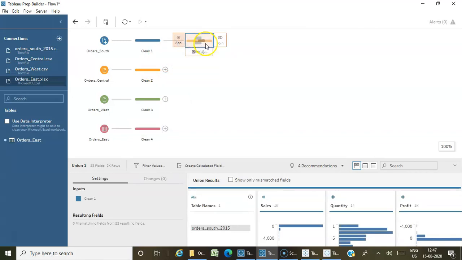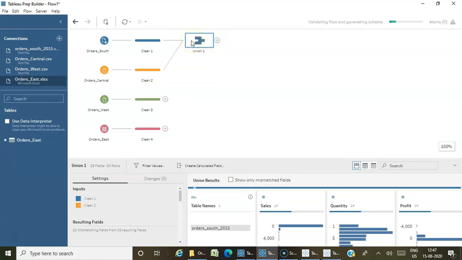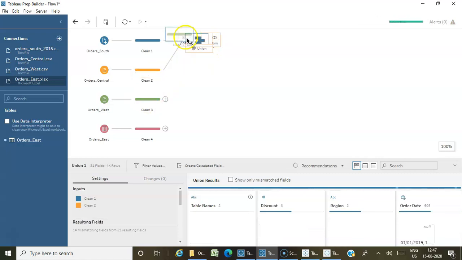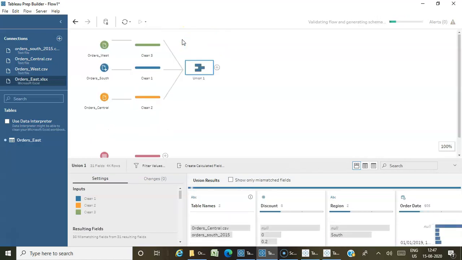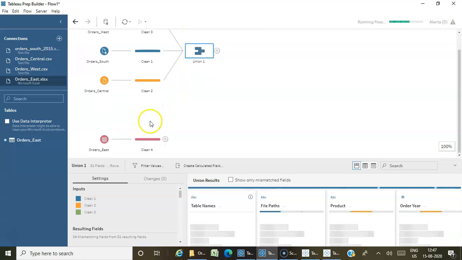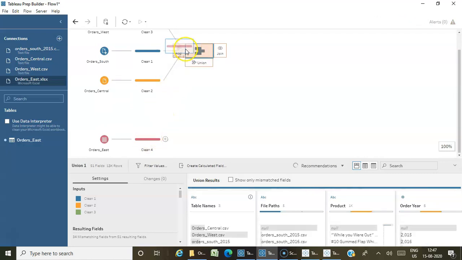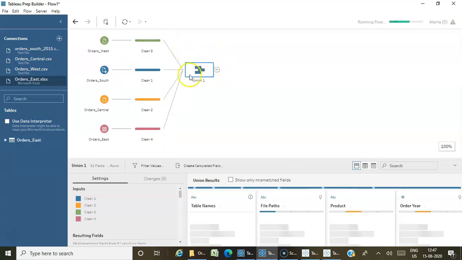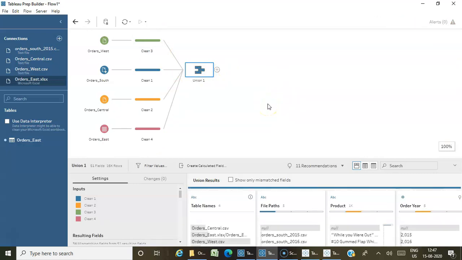I'm just going to add all these files to that union, because our motive is to bring one Superstore file, right? But I'm not sure what the different values are across these files. Only when I'm sure about the different values can I change them to make the same structure. That's why I just added the cleanup steps and the union here.